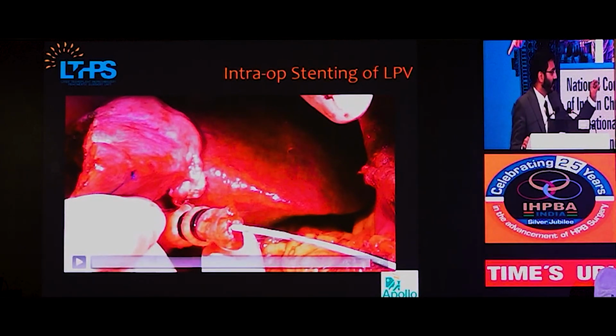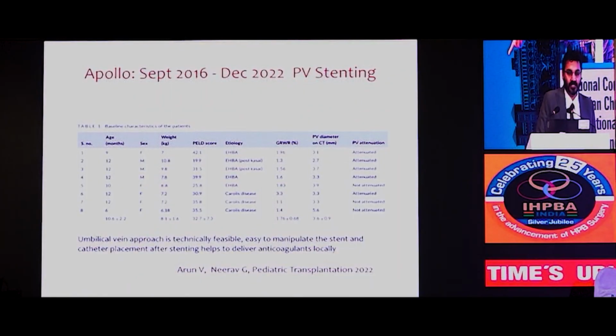So at the end of the procedure, we put a KMP catheter and we put a hemorrhoid band on the umbilical vein to hold it in place. So it's easy, through this we can give heparin in the post-operative period, and on day 4 or day 5 after doing angiography, portal venography, we can just pull it at the bedside, and this hemorrhoidal band will prevent the bleeding from occurring. So we published this in Transplantation, and there were 8 patients where we did this portal vein stenting, and